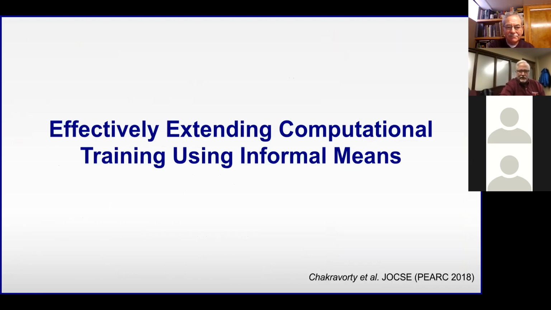So the first section here I want to talk about is our own in-house training classes for our users. And typically this starts off, you have an HPC center and you have a bunch of users and you want them to be effective with the equipment as quickly as possible. So that's the bedrock of what we're doing. But it also extends into a broader community of users who may not be your high-end users, who are also interested in scientific and technical computing. And you can use these methods to address that broader audience as well. And this is work that was presented at PEARC this summer.